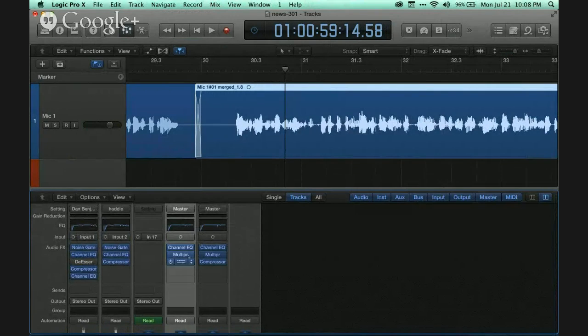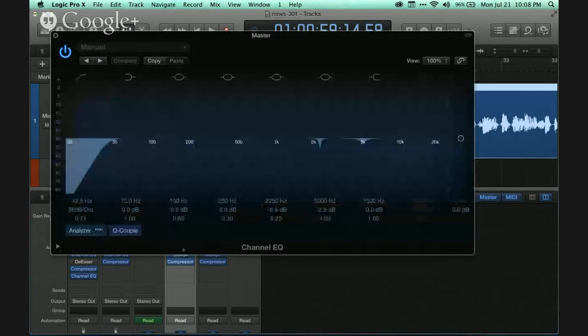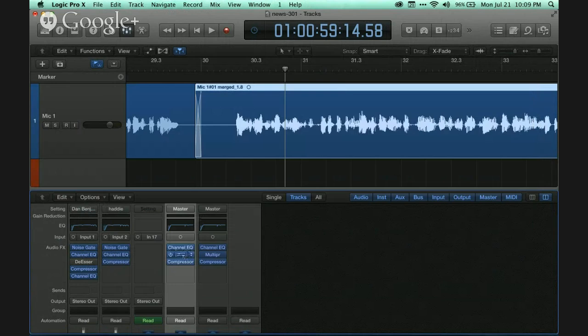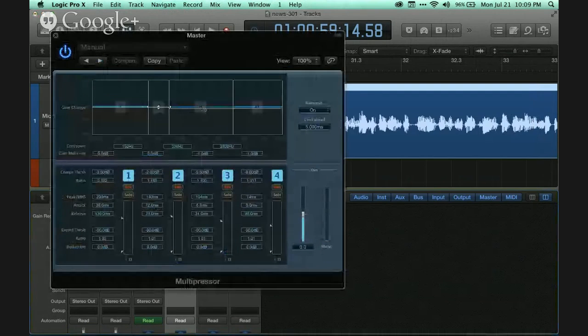For the master track, I set up just another standard channel EQ. That's maybe a little bit redundant, but it's just a habit I got into, cutting out a little bit at 5K and a little bit at 2K, and then bass below 40 hertz, 40, 43, whatever, in there somewhere. And then I have a multi-band compressor that boosts a little bit of bass and a little bit